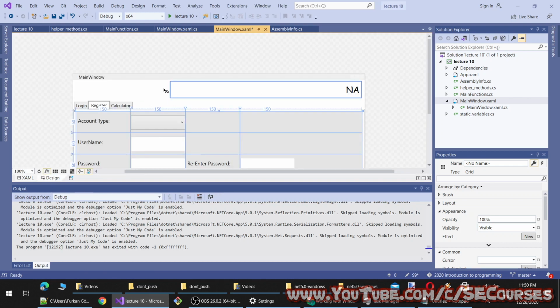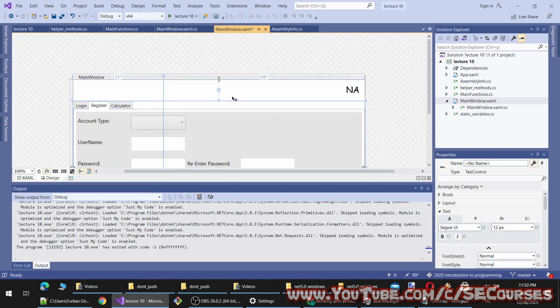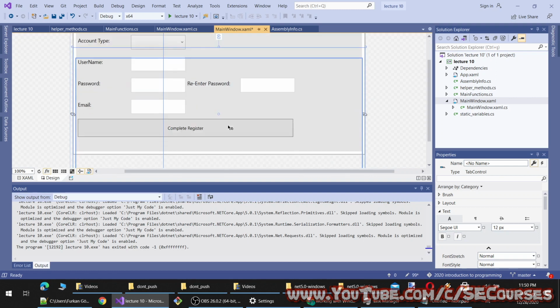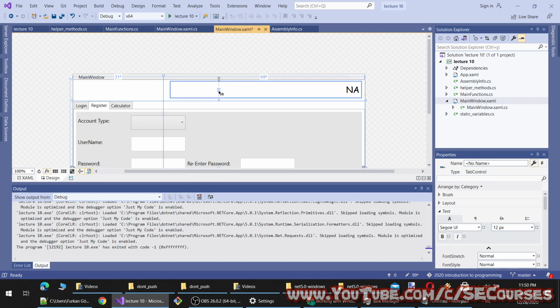What I mean is we can separate this and the top itself. Okay, so you see now they are currently separated with 60 margin here. Instead we can separate them with a grid.